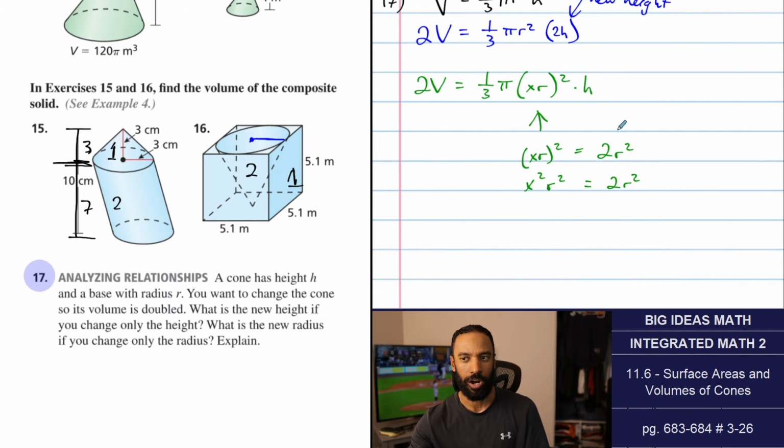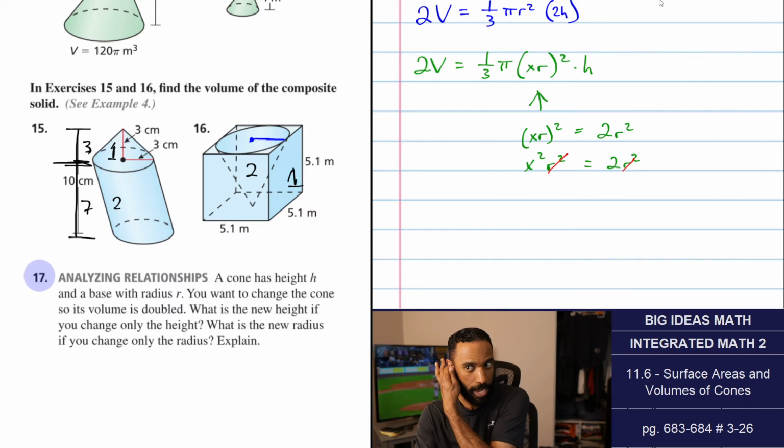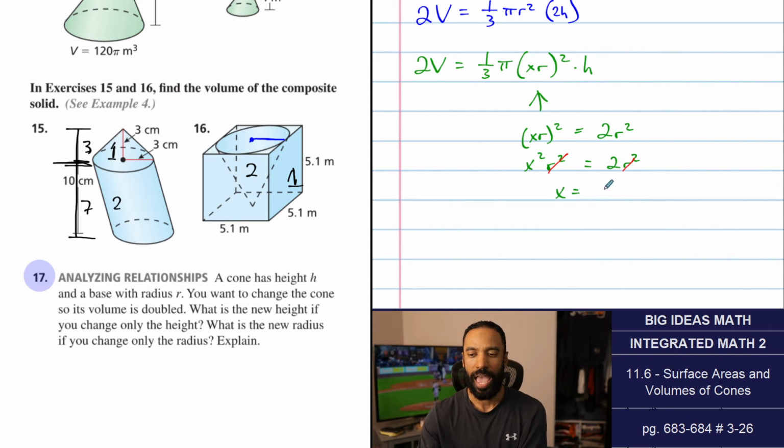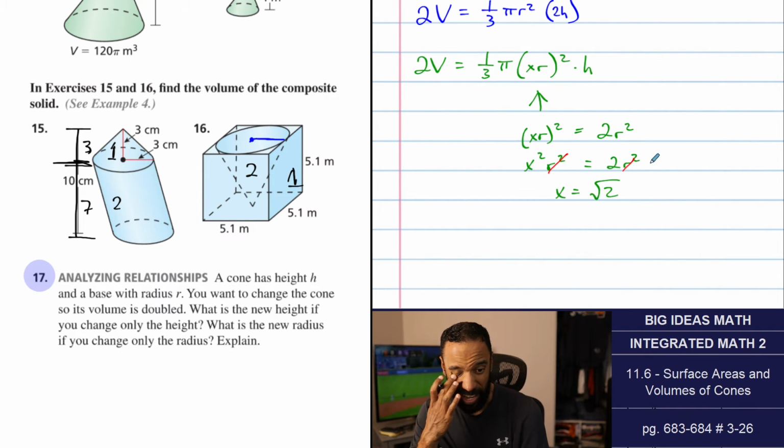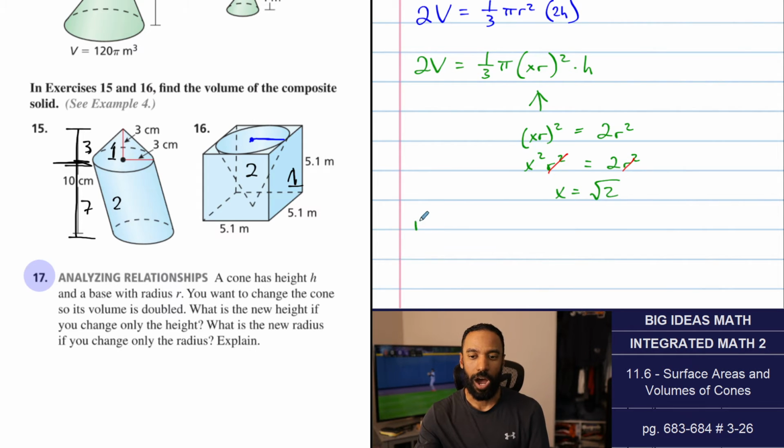I honestly don't even need the r's. I mean, I should have said that earlier. Those cancel. I need the x squared, though, to become 2. So if x squared needs to become 2, take the square root of both sides. x needs to be the square root of 2. And I don't think it can be negative because they're saying what's the new radius. So if x is the square root of 2, then r times the square root of 2 is the new